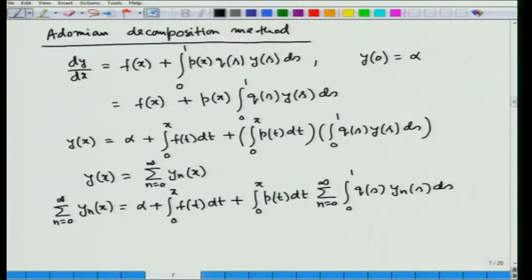And now, if we equate from the left hand side y_0(x) with the term alpha plus